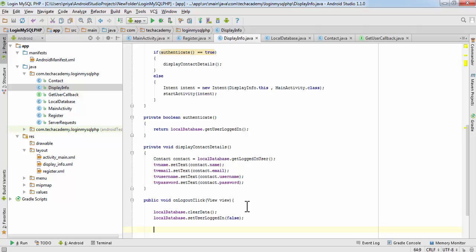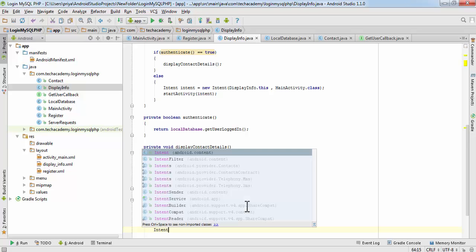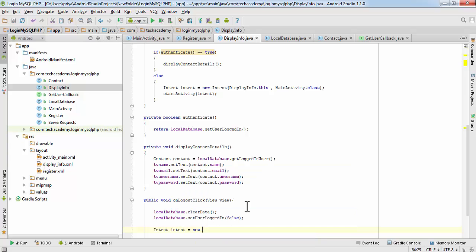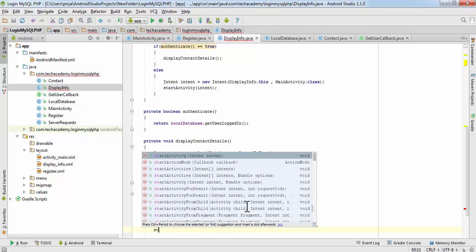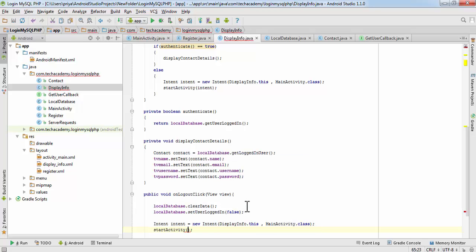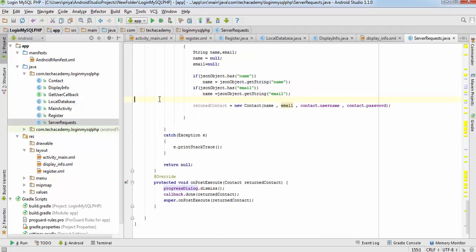And then we have to start the main activity again. So write intent equals new intent, display info dot this comma main activity dot class, and then start the activity and pass this intent. So here in the server request.java file,